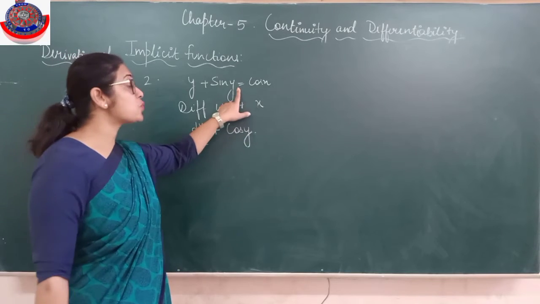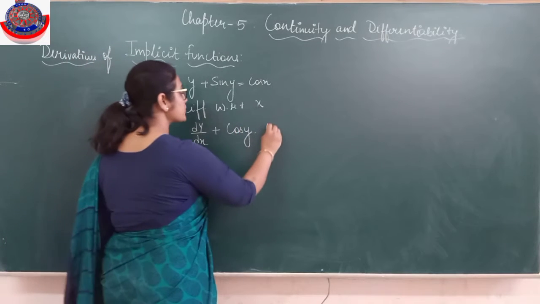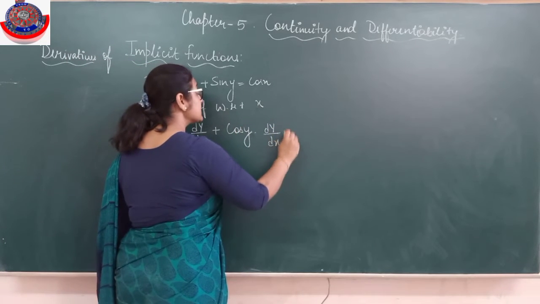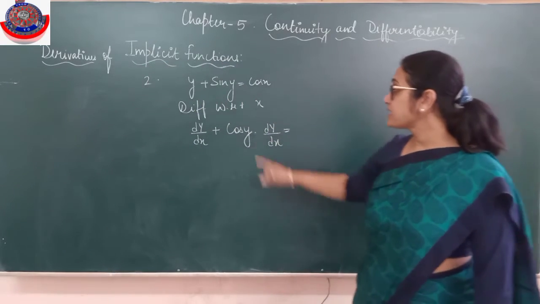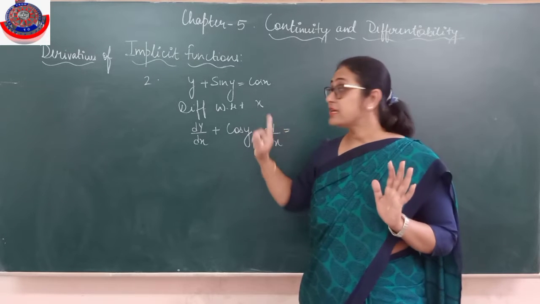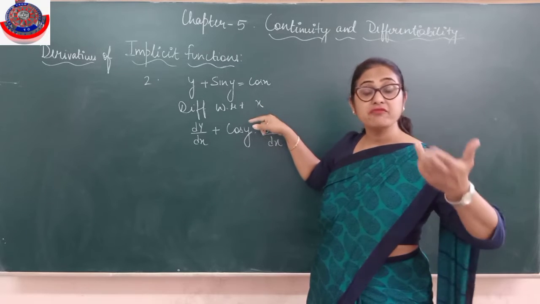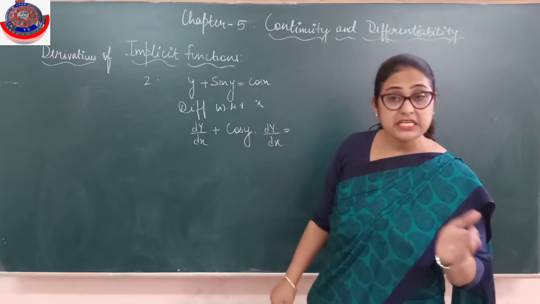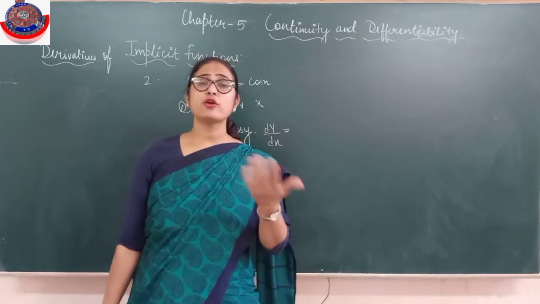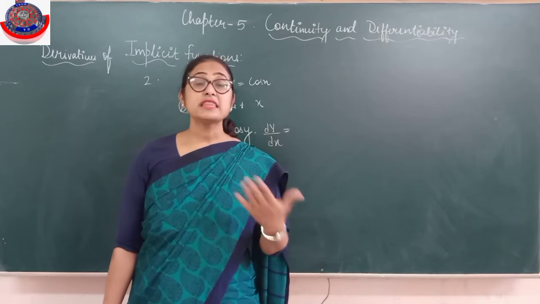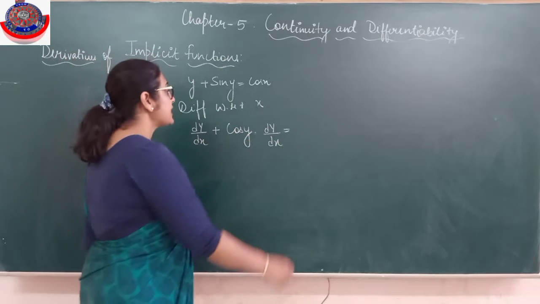Now I have to differentiate this y with respect to x. The differentiation of y with respect to x will be dy upon dx. This is the only thing you have to be careful about, children. You should not write sin y differentiation as only cos y. The variable is y and I am differentiating with respect to x. Whenever I differentiate one variable with respect to another variable, it is always dy upon dx, or if s is differentiated with respect to t, ds upon dt, or y with respect to t, dy upon dt. That will always come. Is it clear? We have already discussed it.